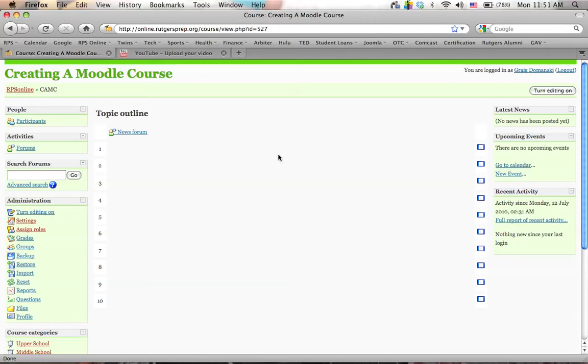So when you're ready to start adding content to your Moodle page, the most important button that you need to use is up here in the top right hand corner. It's called Turn Editing On. And when I click this button, the page is going to look pretty different than what it looks like right now. Right now it's pretty plain, not much to it. But when I click the Turn Editing On button,